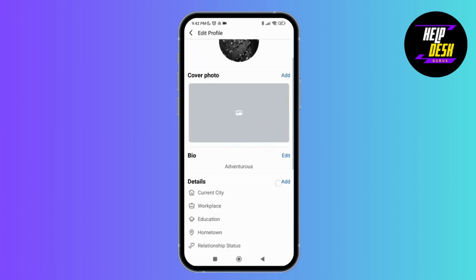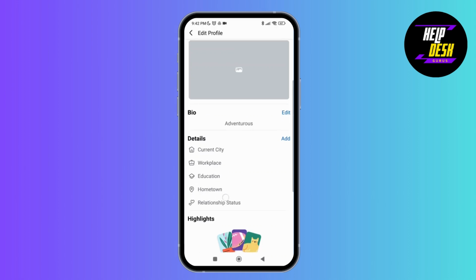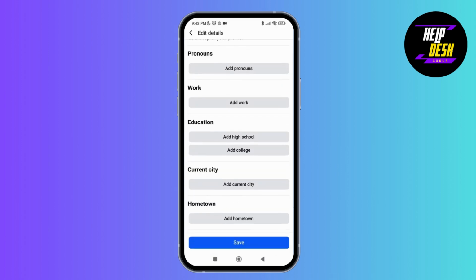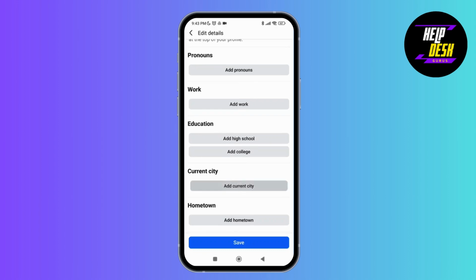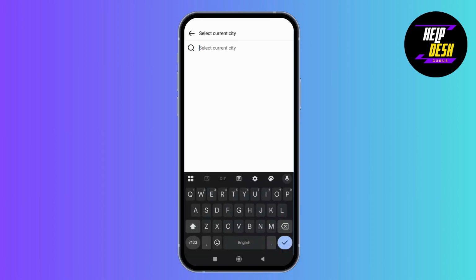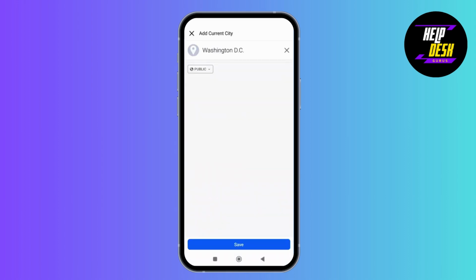As you do that, scroll down and under the Details section, you can see the option of Hometown. So tap on Hometown. Here, you can see the option of Add Current City. So just tap on Add Current City, and as you do that, you'll be able to add your current city. So let's just search for one of these locations over here. So just have a tap on it and then tap on the city over here and then tap on Save,